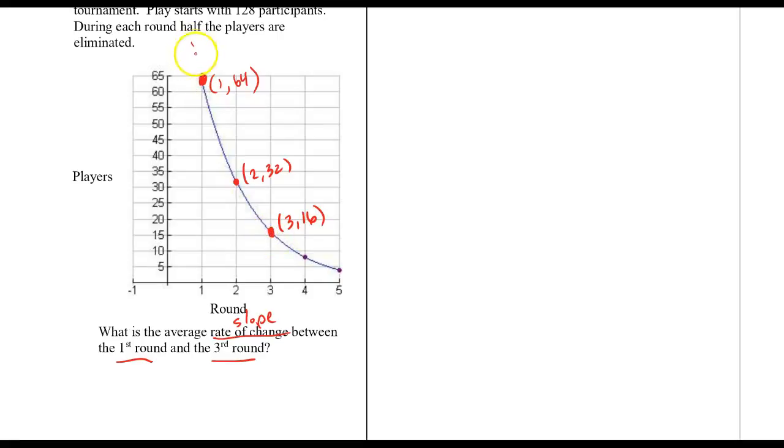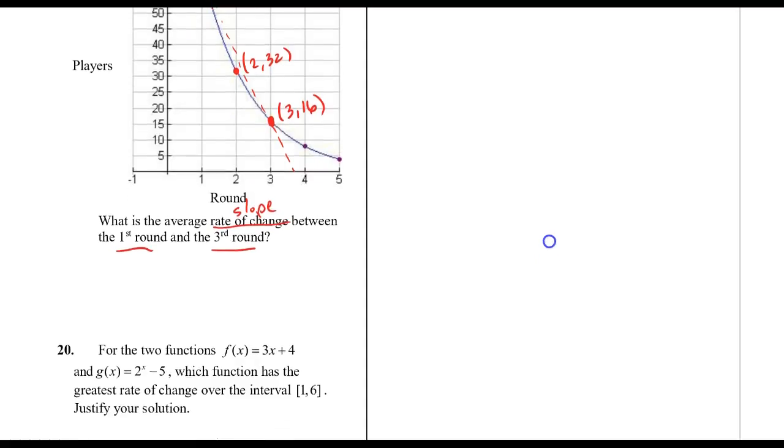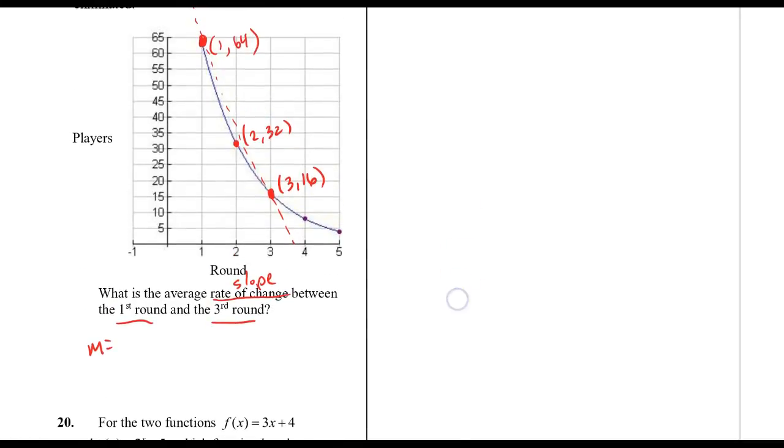So imagine a line going through there. We want that slope. So we can count if we want to, or I'm going to use the slope formula. That's the quickest way to do it. So I'm going to have 16 minus 64 over 3 minus 1. And 16 take away 64 leaves me with negative 48 over 2, which is negative 24 players